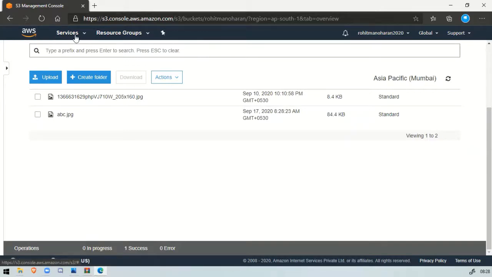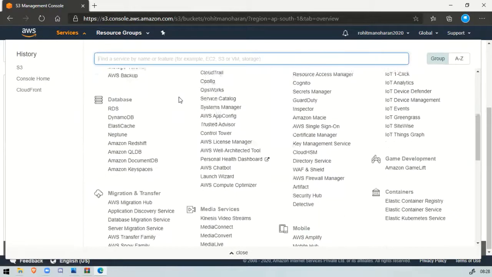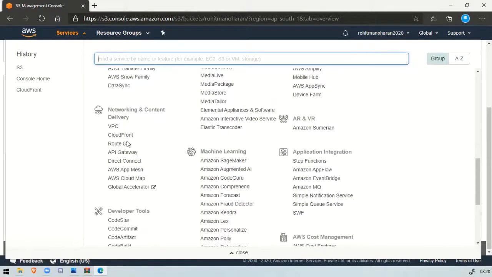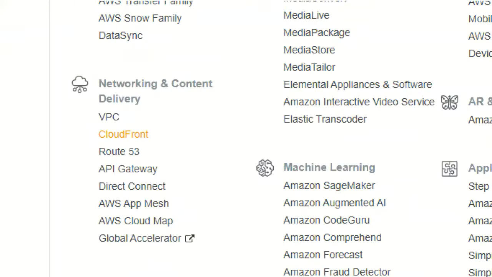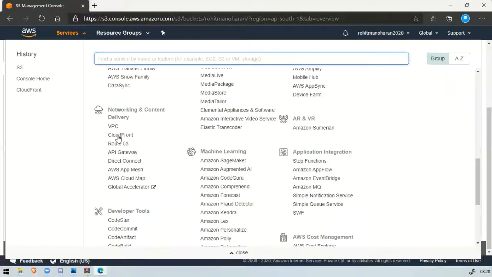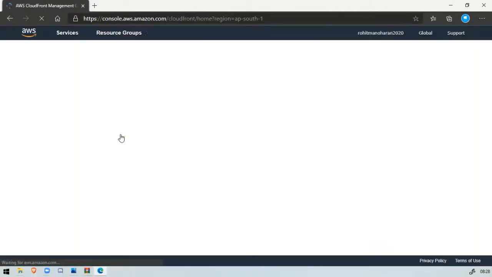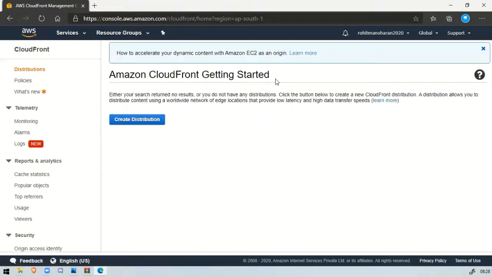As you can see, now we are going to create a CloudFront. For that, you have to again go for services, and let's go for networking. Under networking, as you can see, we have our CloudFront. We have to basically click on CloudFront. One thing to notice is that our region is global. So basically, our CloudFront distribution is created in the global region. You don't have to create it on a specific region basis. So let's go for it. Let's click on create distribution.